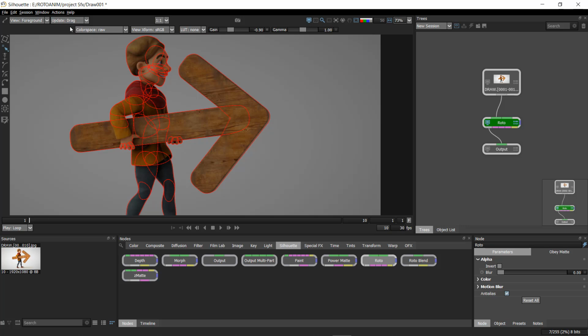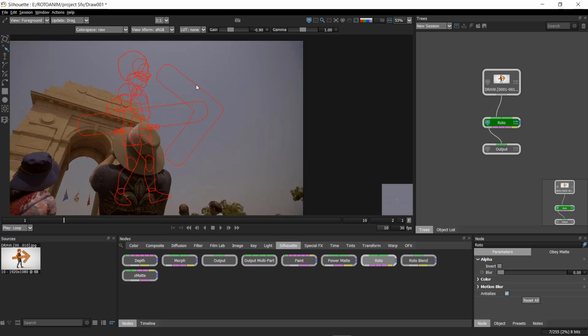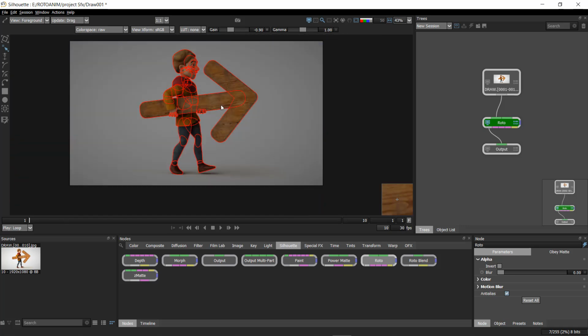Whenever you feel your Silhouette is working very slow, just come here and check whether this is in foreground and drag or not. And if it is in output, the shortcut to come into foreground is 2. When you press 2 it will automatically come into foreground. So just remember this 2. Now after that, when you are done with the shapes, just select